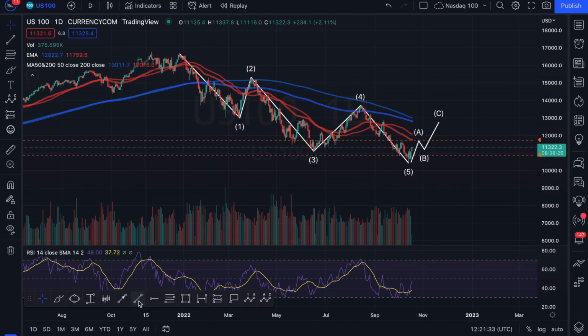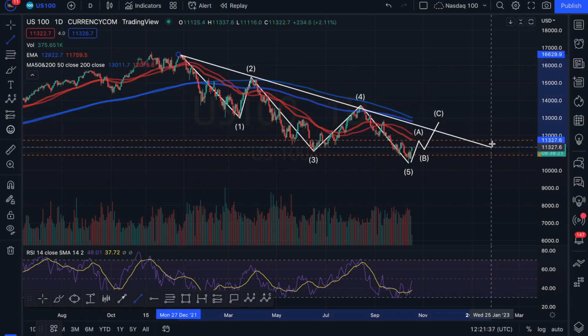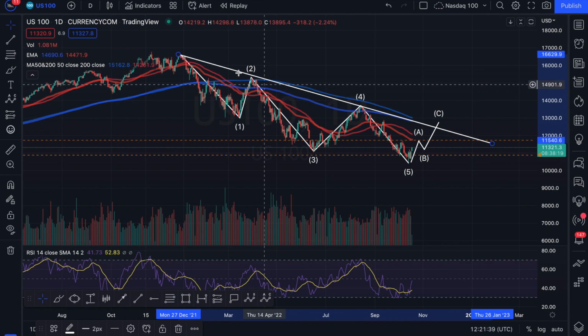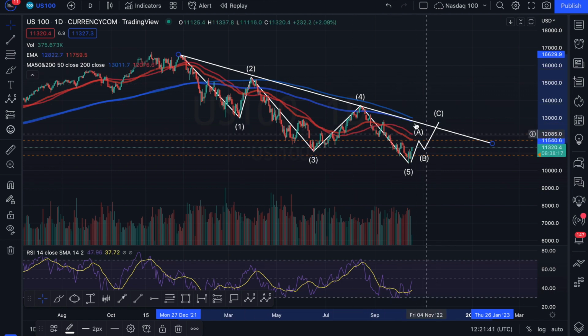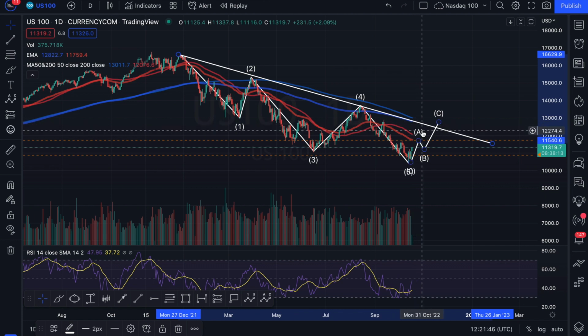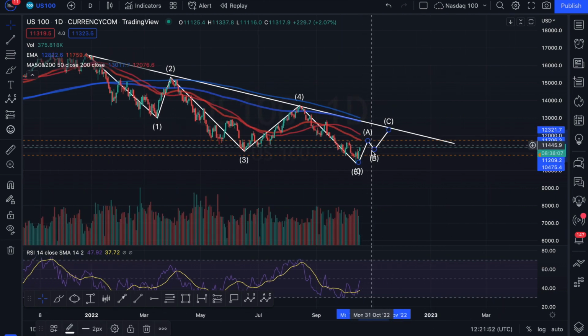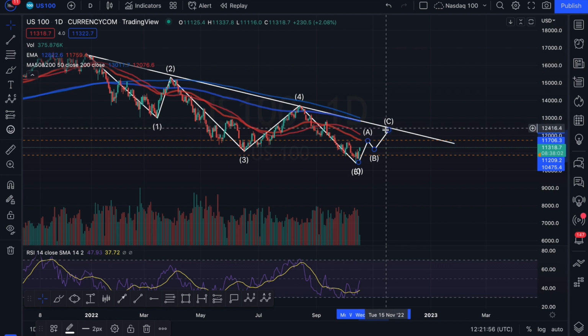Now, it's obviously still clear that we are trading in a significant downtrend here in the Nasdaq100. There's your trend line, and we know this because look at the 200 and the 50-day moving average. They're both sloping towards the downside, so that tells us that this market is still clearly in a downtrend here. And what I am anticipating is for this ABC correction to take us up to roughly 12,460. That's where I feel like we will then hit the top side of this downtrend like we have done